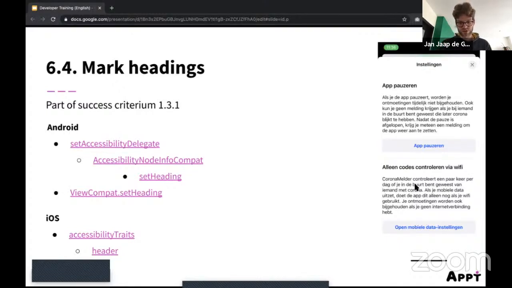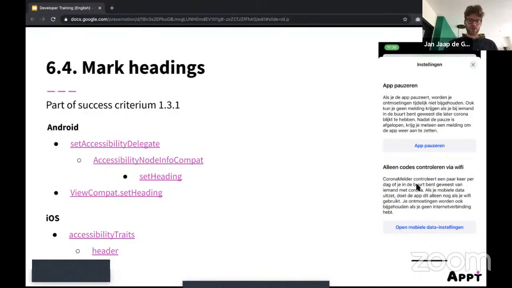So this is one of the issues with the web content accessibility guidelines. For websites, it's really clear that you should mark headings as headings. But on Android and iOS, the same guidelines apply, even though we don't have these kind of attributes. So we have to make it possible in a different way. So the easiest way on Android, it's called ViewCompat.setHeading. And then you can mark something as a heading.